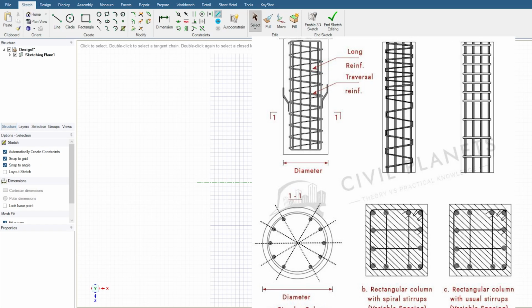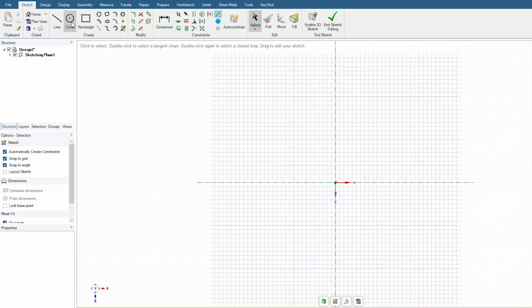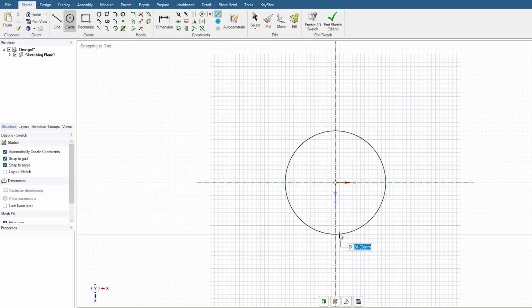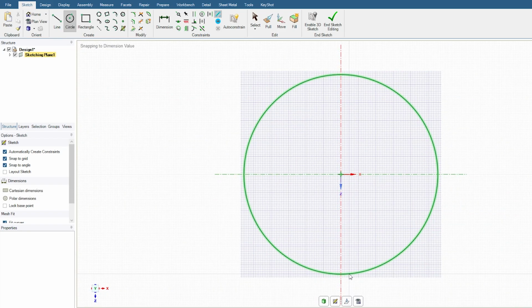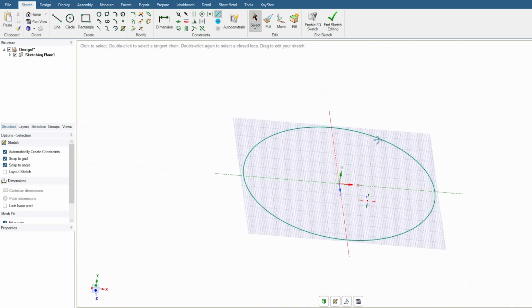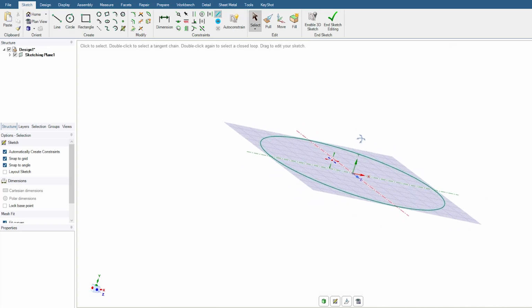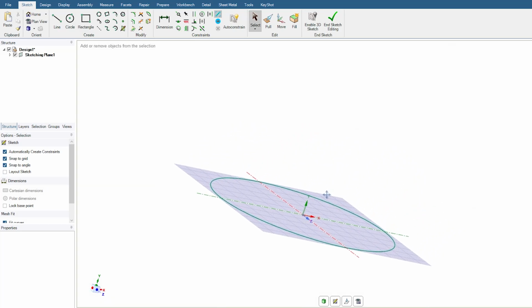Hello friends, welcome to the new ANSYS SpaceClaim video tutorial where we will model a bridge pier of 1000 diameter with spiral ties. So first of all, we draw a circle of 1000 in the sketch plane. Then the length of the bridge pier we have taken is 4 meters. So we have to draw the same circle, that is 1000 diameter,